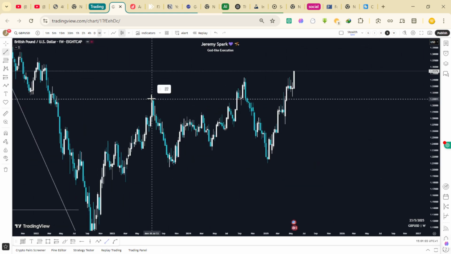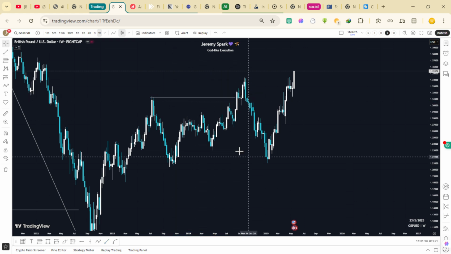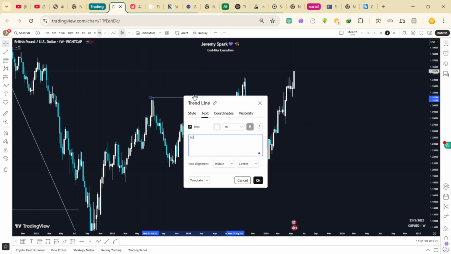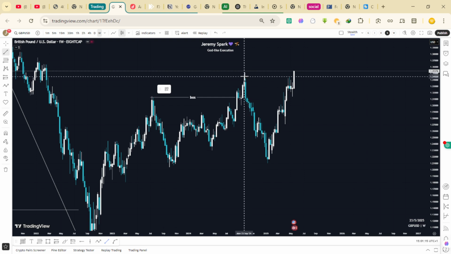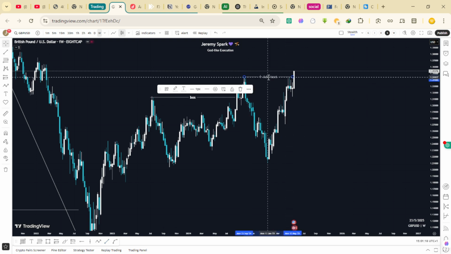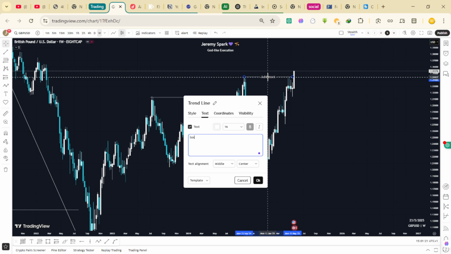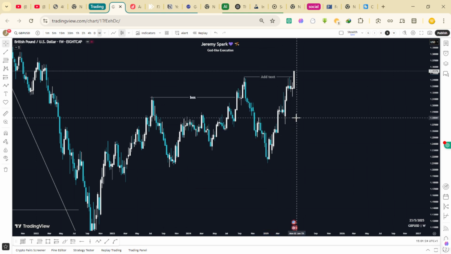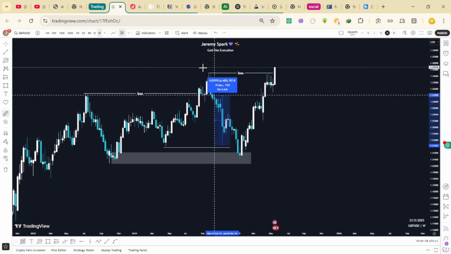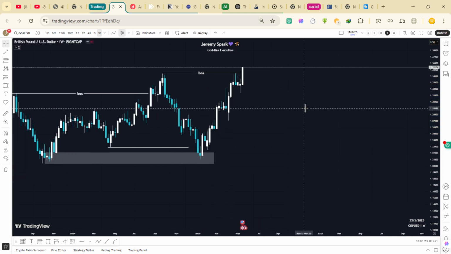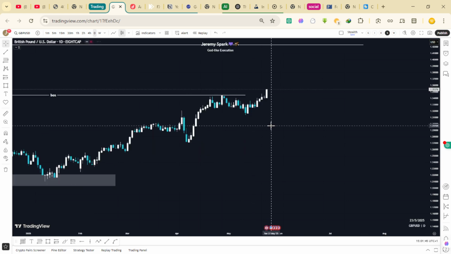We had a break of structure here on the weekly. We had a break of structure there. Then for last week's price action, we had another break of structure to the upside. So that means the current trend is what? Bullish. Now what do we have here? This is where price originated from, this point, taking out this inducement liquidity here before going to the external, which is this point. Now if we drop down to the daily,